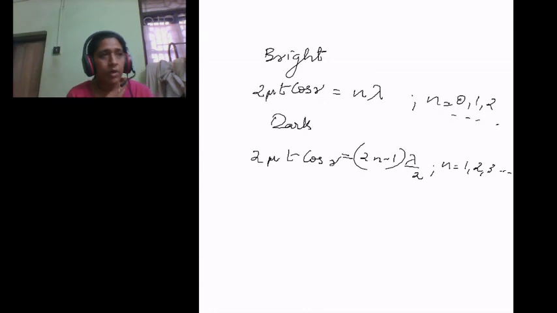So different points will appear differently colored, as we see in a soap film. In a similar way, in the transmitted case also the same thing will appear. We have to understand that the conditions for brightness and darkness, maxima and minima, in the reflected and transmitted systems are opposite to each other. With white light, colors visible in the reflected light will be complementary to the colors visible in the transmitted light.